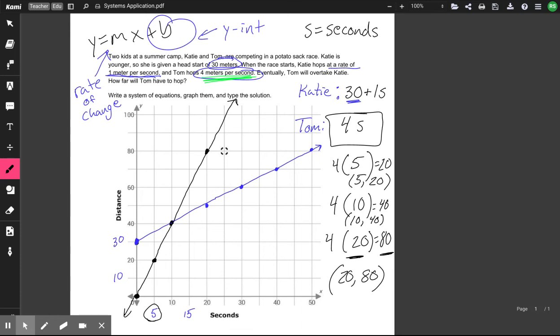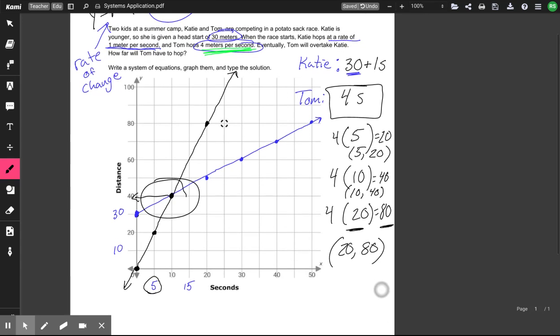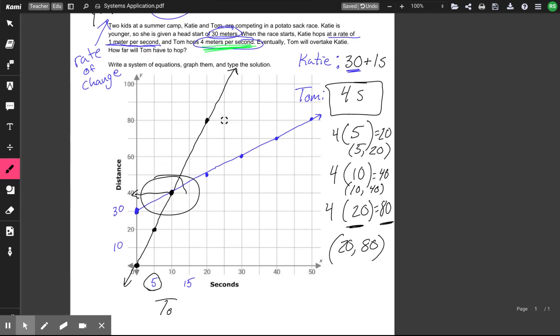We want to know, eventually Tom will overtake Katie. How far will Tom have to hop? What is this distance here? This distance here is at 40. We want to know how far does Tom have to hop? Tom needs to hop 40 meters